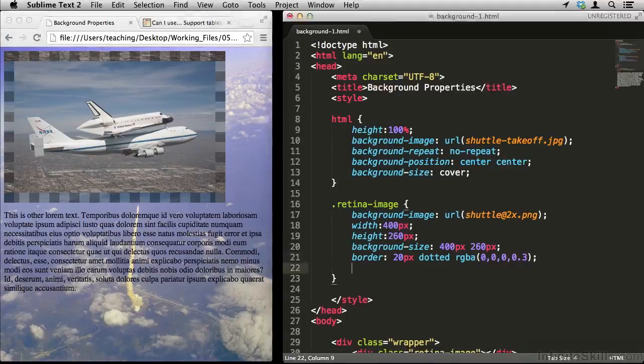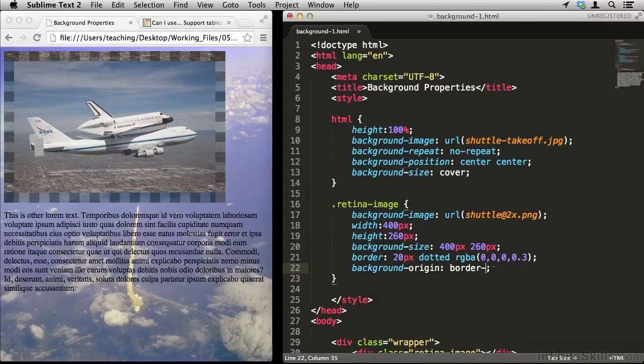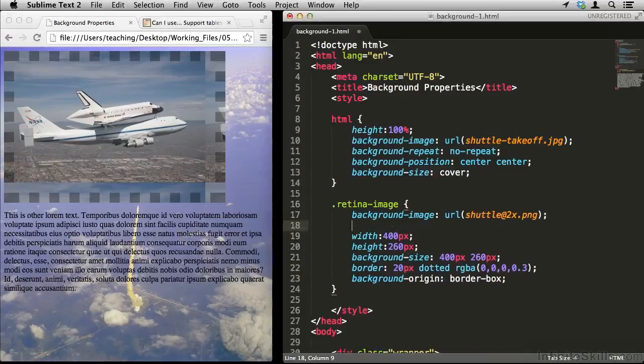Now, background origin allows us to specify where that background is going to originate from. In this case, it's the top left of the content box, but we can set it to be the border box instead. Now, if I go and refresh, you'll notice the image starts all the way up here, but now it starts looping here. Now, the reason this is important is because if we choose a different box model,